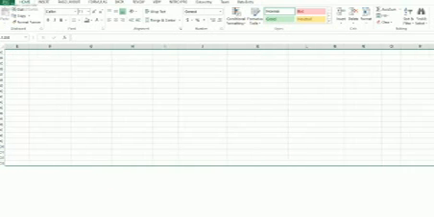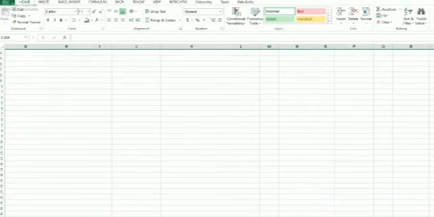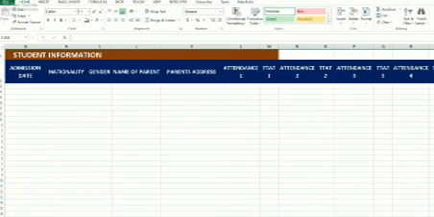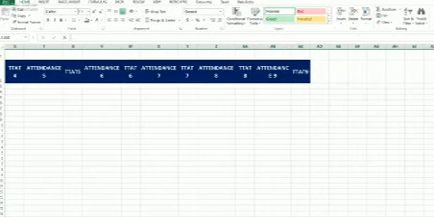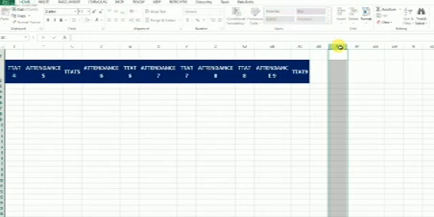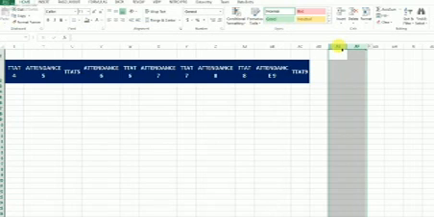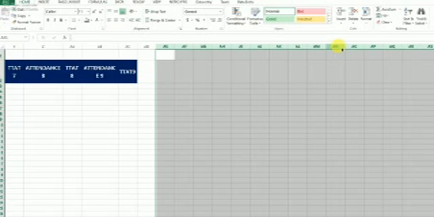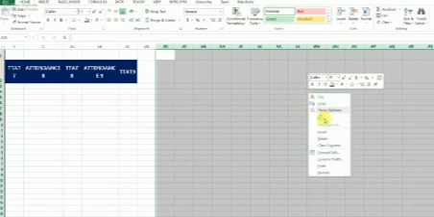When you are done with that one, you can also come to this place and do the same thing. Then you can select AE, press Shift and the right arrow key to select everything, and then just click on hide.